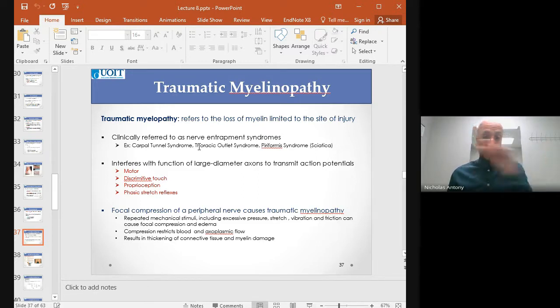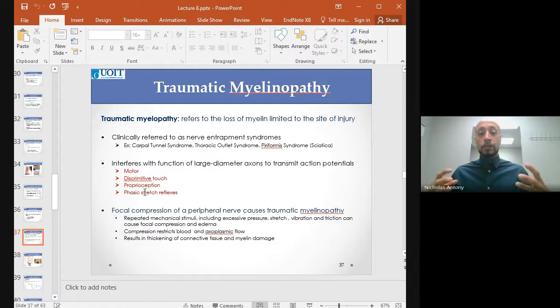The nerve is still intact. It's not cut. It's the myelin. With the repeated inflammation, the myelin starts to degenerate. Myelin is important to get that action potential to fire quickly and accurately. If the myelin is gone, then you get a signal slowing down, and it's a problem with the flow of that signal. And so when we have problems with myelopathies, we're going to have the most effect to the largest